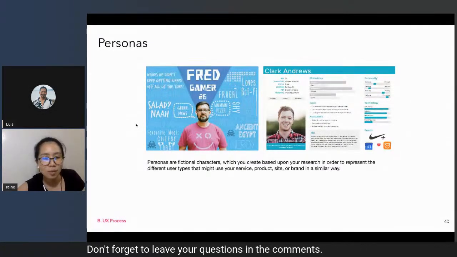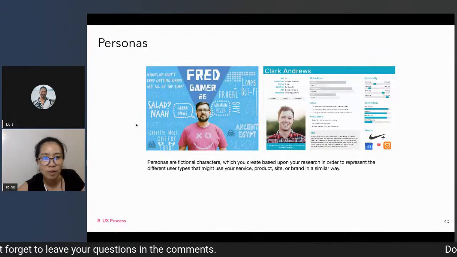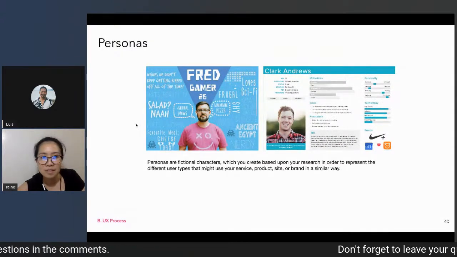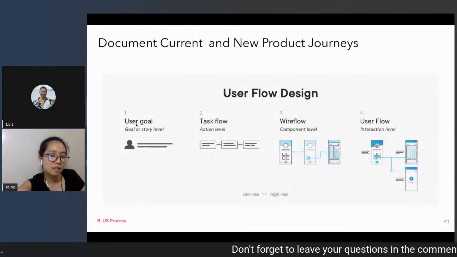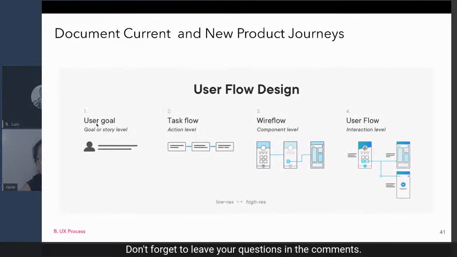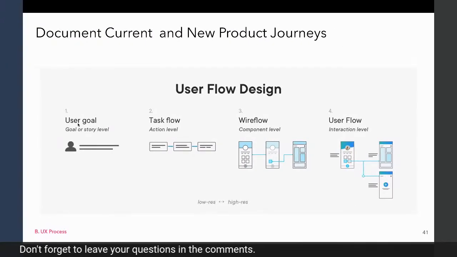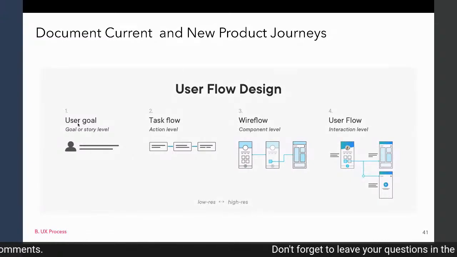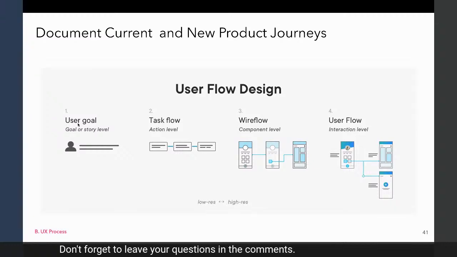Just let me know if I'm going too fast or slow, or you need to go to the next one. Okay, so we have here an illustration of the journey: the goal of the user, the task flow, workflow, and user flow. Different teams or different people apply this.